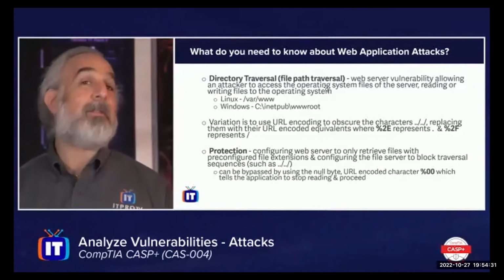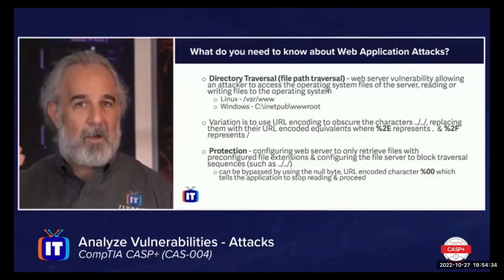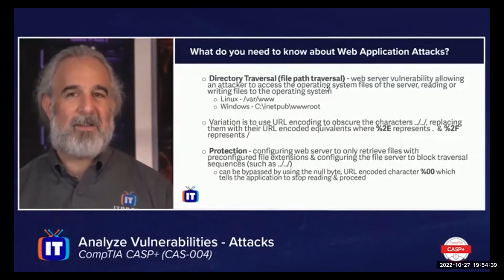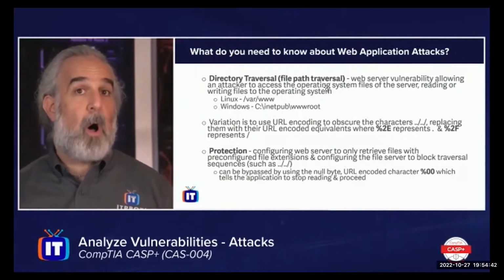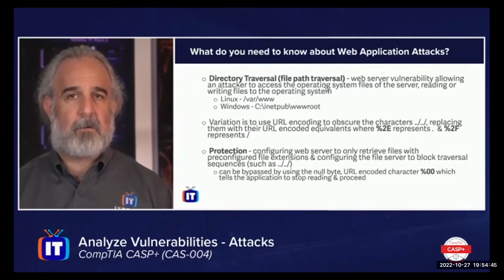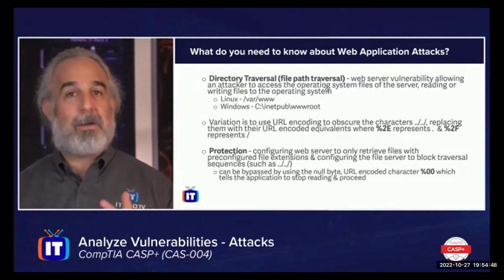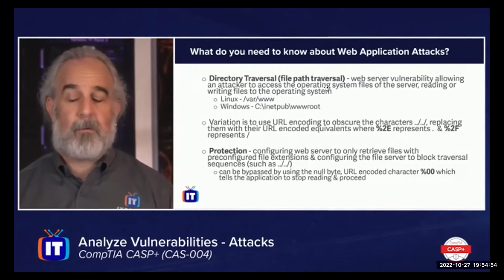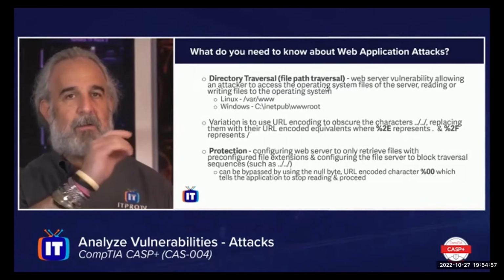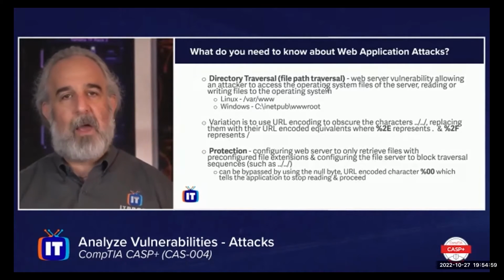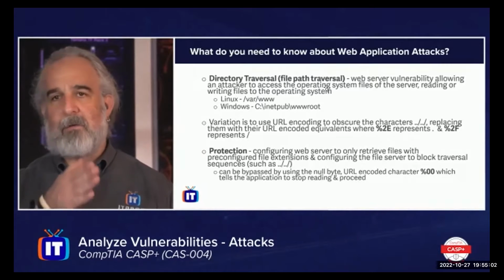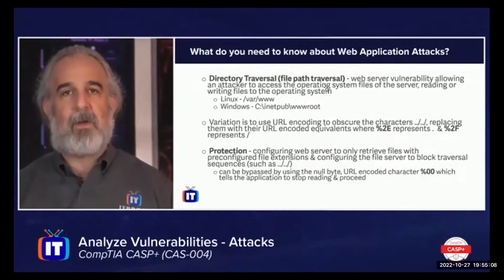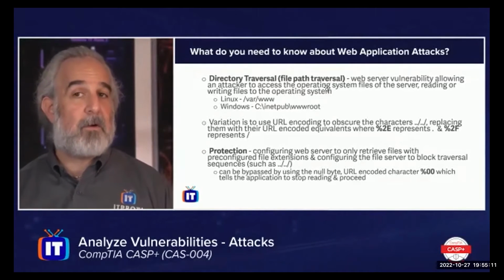And if we know that stuff is there, and then the subdirectories below wwwroot or www will be the directories where all the content lives, we're able to literally walk those directories. That's the directory traversal or file path traversal approach. We allow attackers potentially to access that information because they're able to use what is also commonly referred to as a dot-dot-slash attack. If you look at the second major bullet point on the screen, a variation is to use URL encoding to obscure the characters, dot-dot and slash or backslash. Either way, but typically you see it as ../